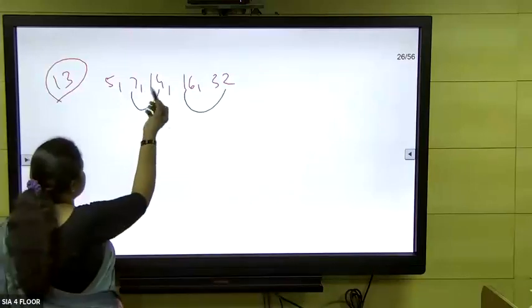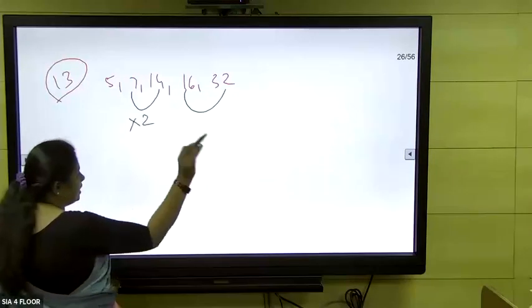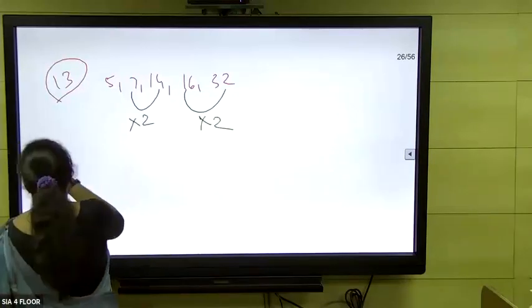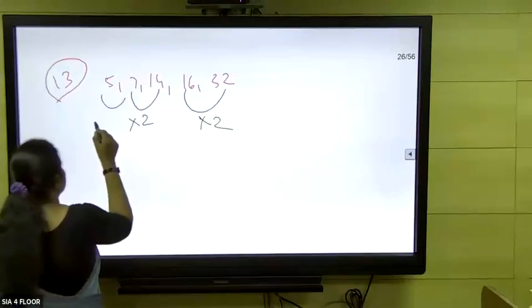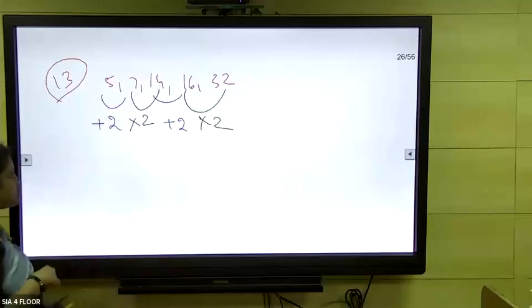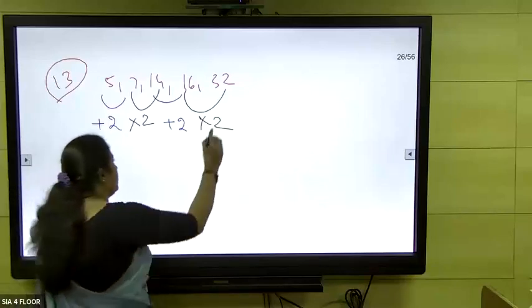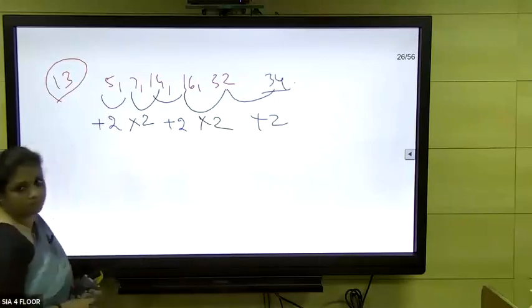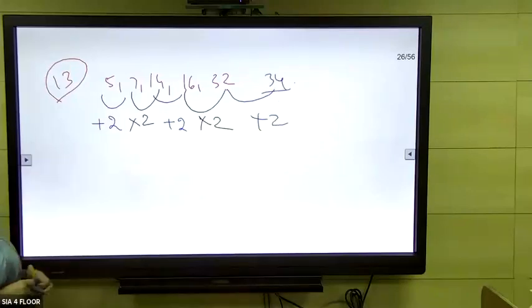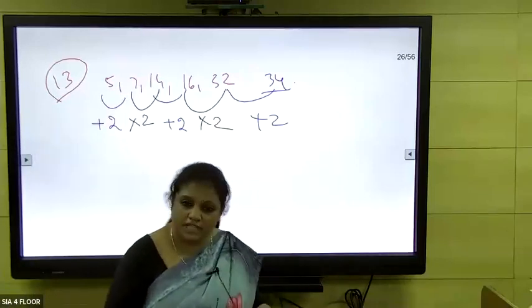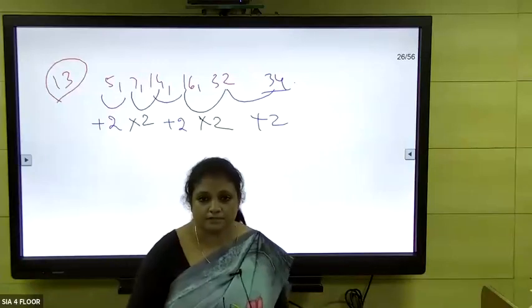Anyways, it's 2 times. Since it's a multiple, you have to multiply only. Okay, 2 times. Then how to connect the rest of the numbers? It should be done like this. Plus 2, plus 2. So it's plus 2 into 2, plus 2 into 2. Next should be plus 2. So 34. But if you're going in that way and getting the answer as 34, then it is wrong. But anyways, the answer is 34.